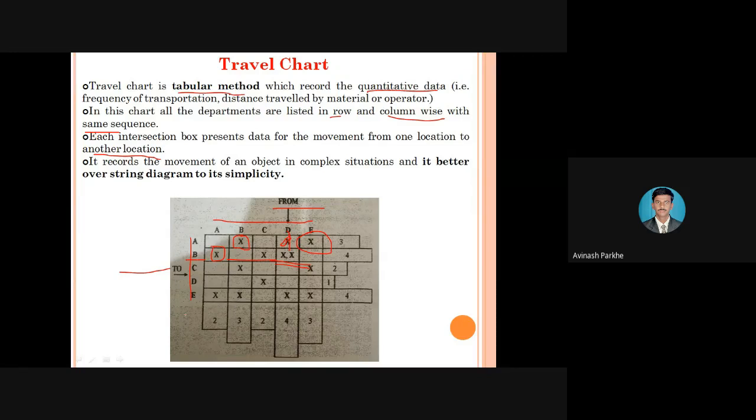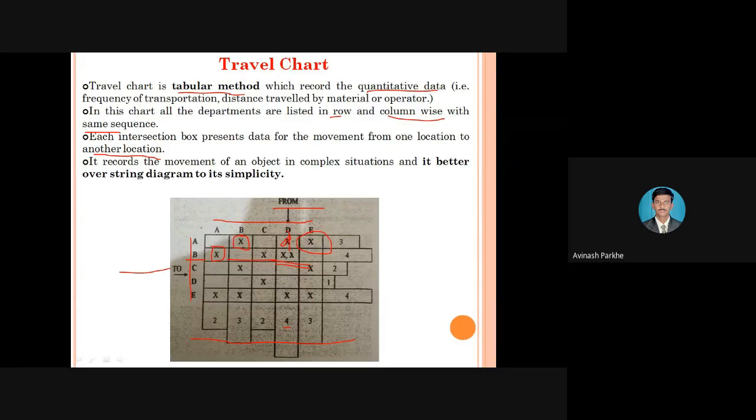And at the end you can see here the addition is taking place. So in the vertical direction, how many times is X written in this particular column A? 2 times, therefore 2 is written. Then in the point B, vertical, X plus X plus X, how many times? 3. Again for C, again 2. Again for D, how many X are there? 4. So here 4 is written. Then for E, how many times is X there? 1, 2, 3. So 3 is written.